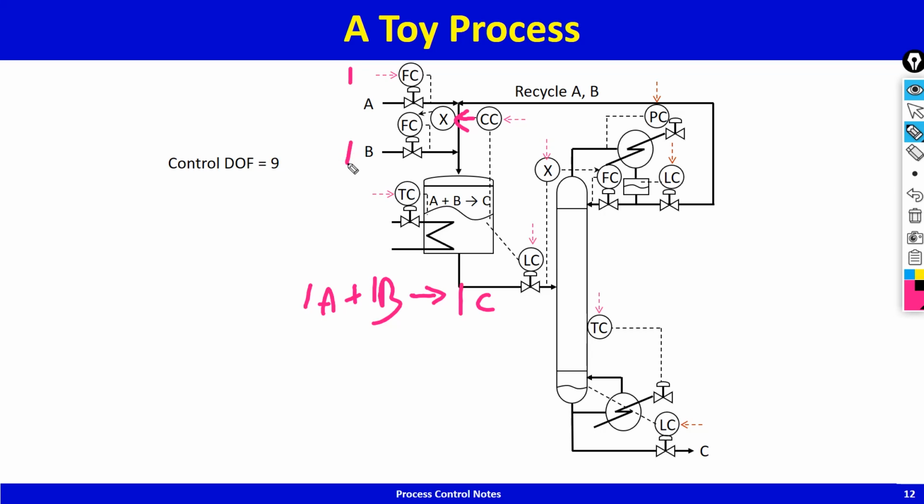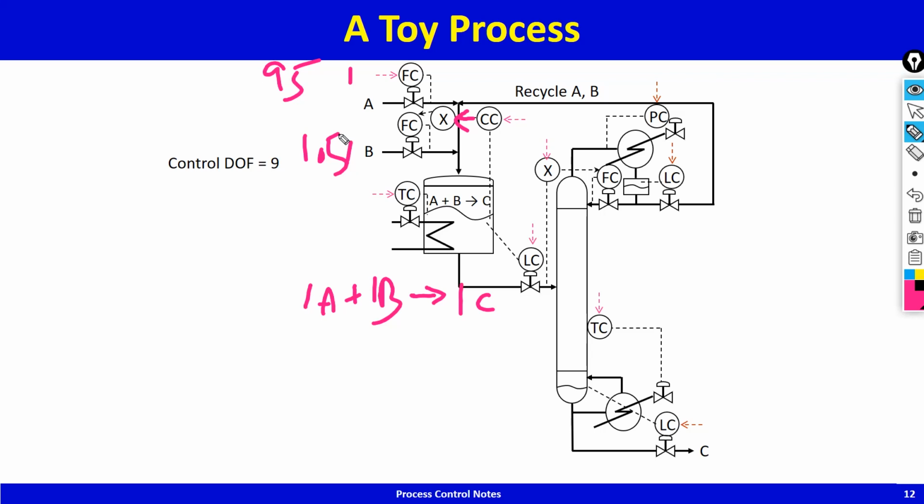However, there are always flow measurement biases. When a flow sensor is saying that the flow rate is 100 kilograms a minute, the flow may be 100, it may be 105, it may be 95. There's always uncertainty associated with the measurement itself. Similarly, B flow may also be 100 or 105 or 95, and what if the situation is that actually this flow is 95 and actually this flow is 105? So then you have excess B going in, even though both the flow sensors are showing the flow rate is